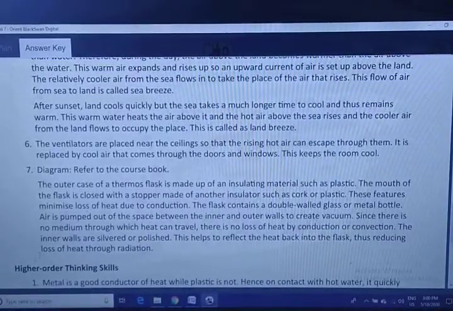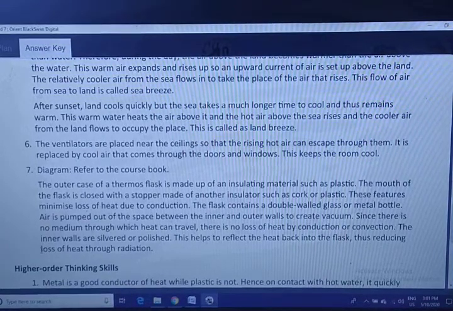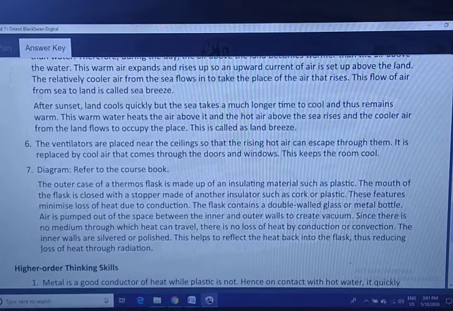Nowadays the summer season is there, right? In the summer season we open all the windows. But have you ever thought why we are giving ventilators at the top of the room? Because it is acting just like an exhaust machine. As the hot air rises up and ventilators are there, this hot air will be removed, and the cool air will replace it by using ceiling fans, AC or any other thing.